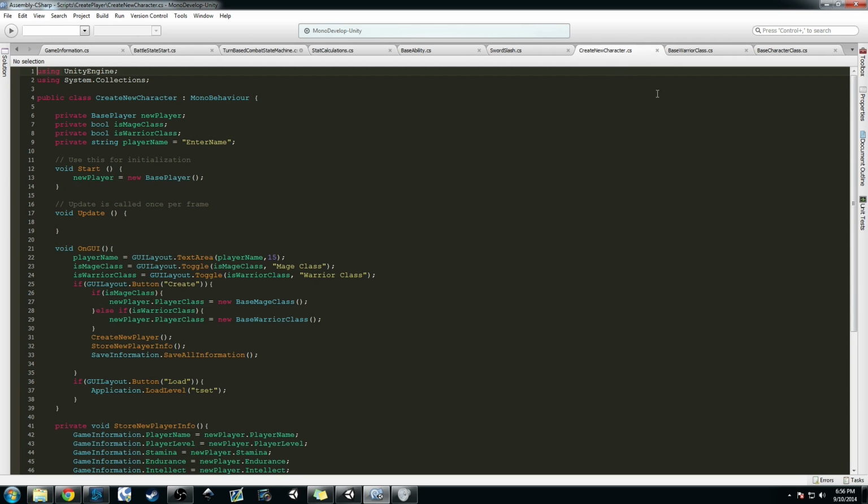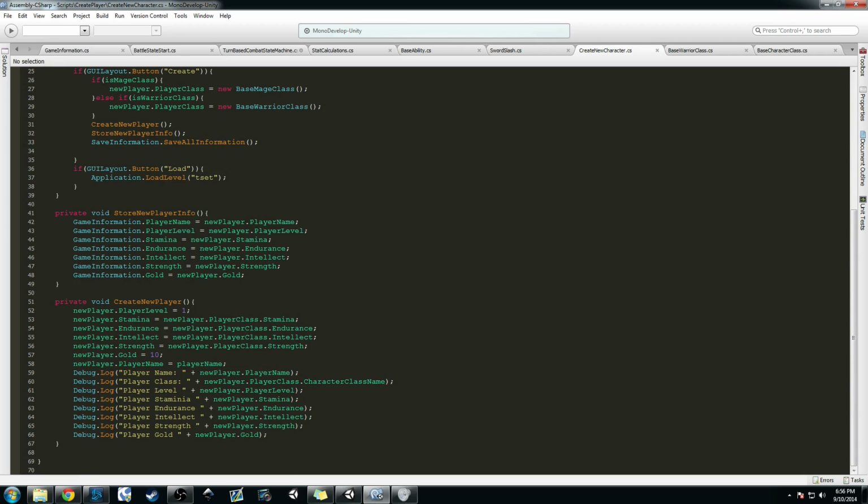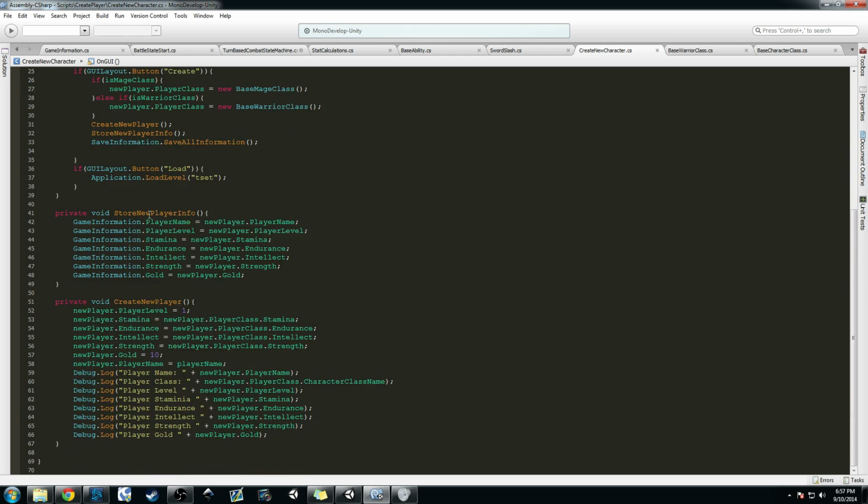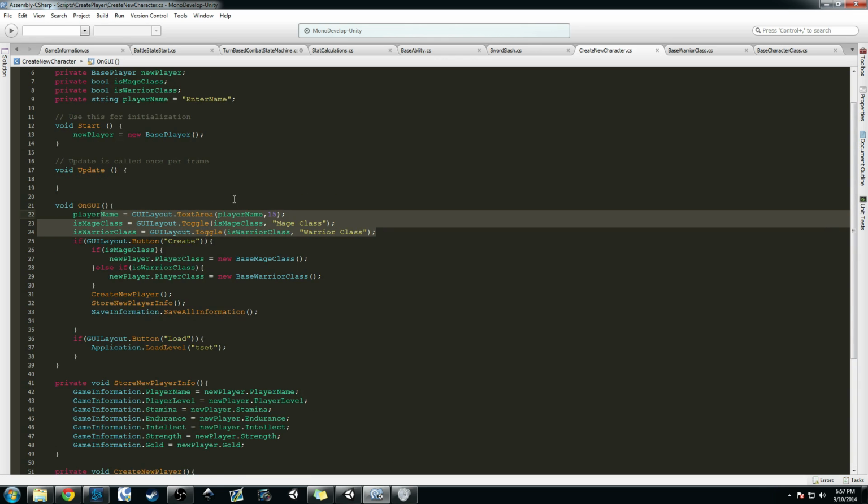Using our create new character, you can do it in here, where we store new player info. You can say, well, each player is going to start out with these two moves, or using the information from our class selection, right? This GUI layout toggle. Let's say you did that. Using that, you could pick and choose